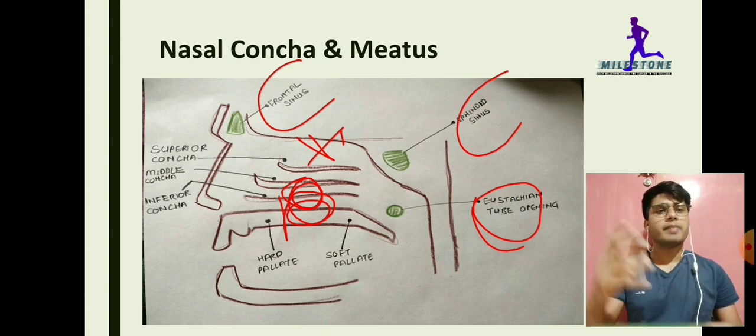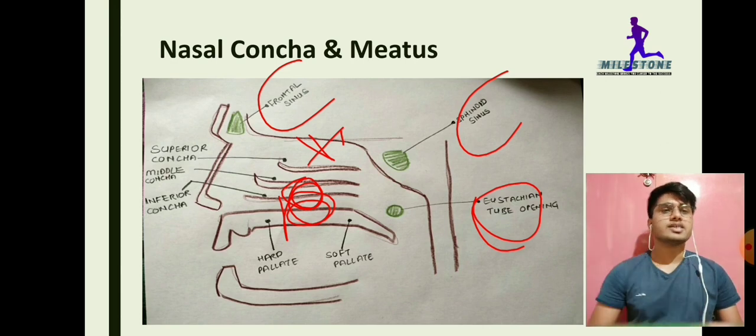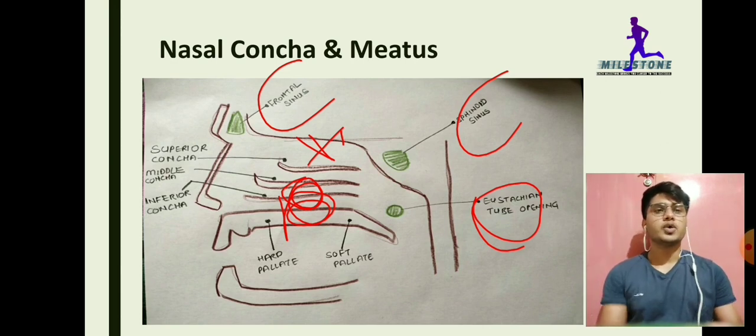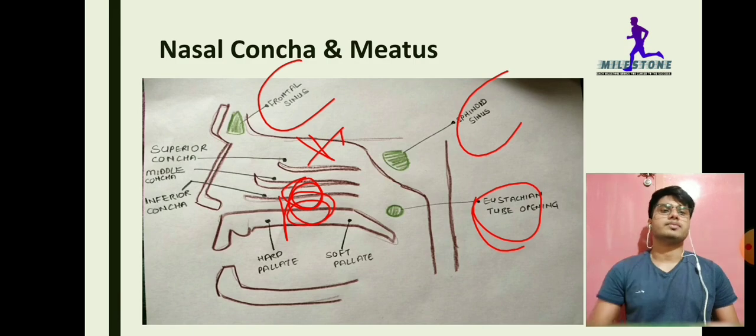Now why I am telling you about this concha and meatus and all the paranasal sinuses, because you are going to see in the polyp, you are going to see two types of polyps, and in that two types one type arises from the maxillary sinus and another type arises from ethmoidal sinus. So that's why you need to study about this paranasal sinuses, and you should also have a little bit idea of the nose as well when you are studying about the nose pathology.